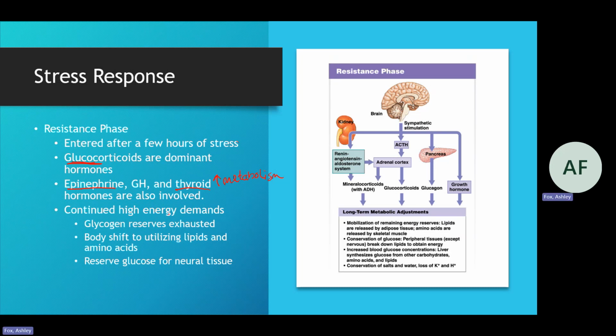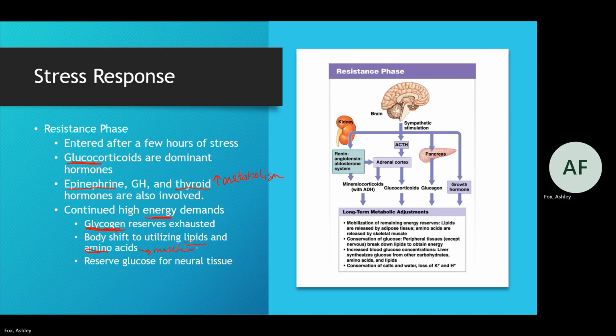Because of the continuous stress, you still have those continued high energy demands. Eventually, remember glycogen, the glucose storage molecule, is going to be broken down until you've got nothing left. You use up all your stores, nothing. So once you have used up all your stores in your muscle and your liver, and you can't release glucose that way anymore, you're going to start breaking down your fat and you're going to start breaking down the proteins. And so that's when we talked about muscle wasting